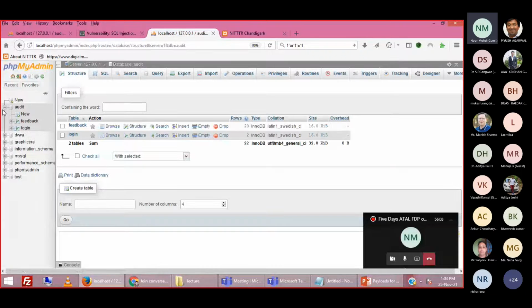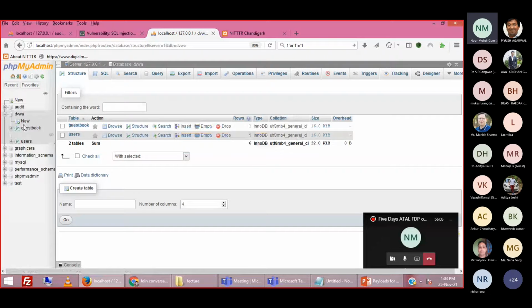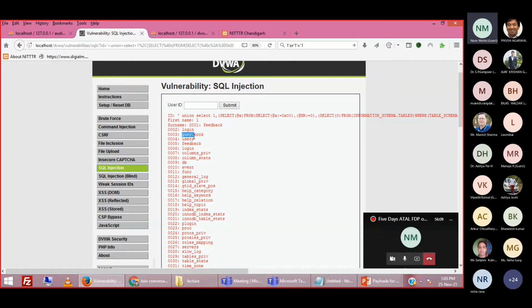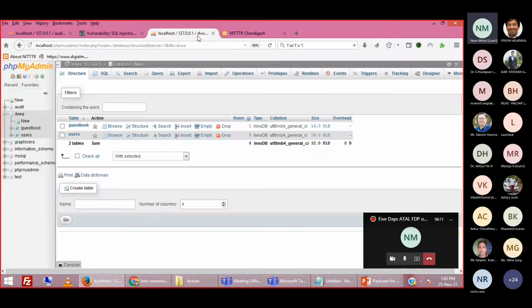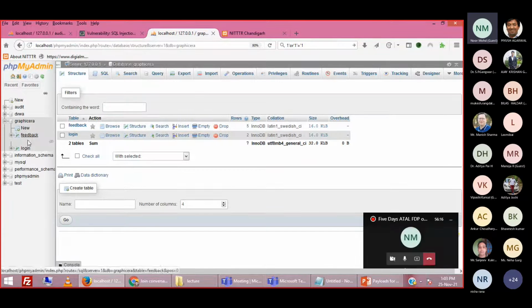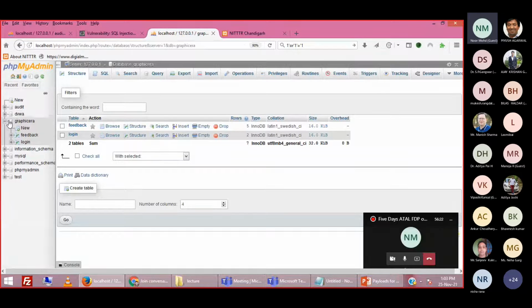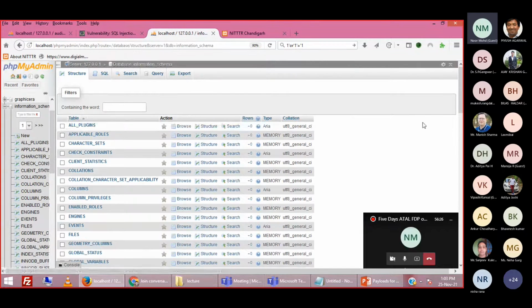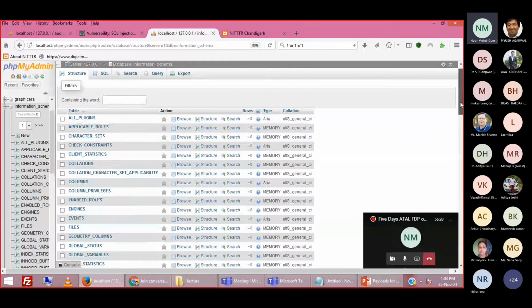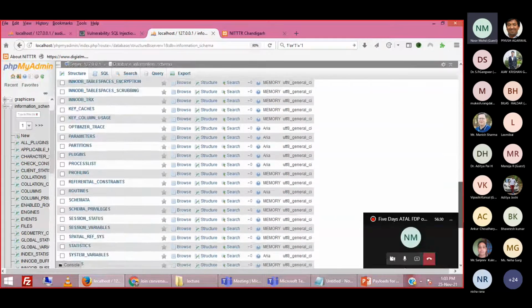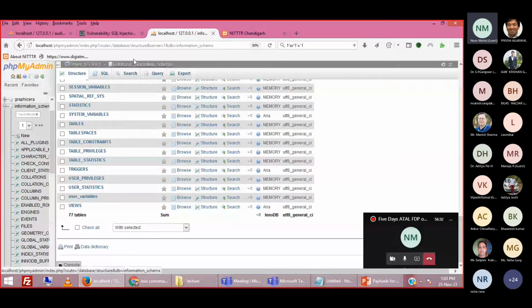The next database is DBWA. It has 2 tables, guestbook and user. So it is giving guestbook and user. Then the next database is graphic era. It also has 2 tables, feedback and login. So it is also giving feedback and login. Then the next database is information schema, and it has many tables, from all plugins enabled till views.